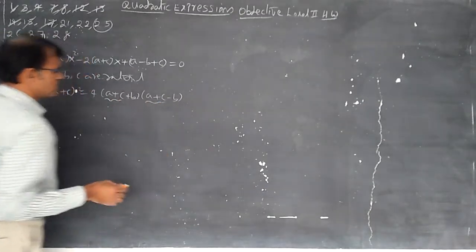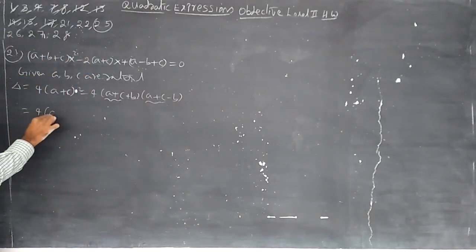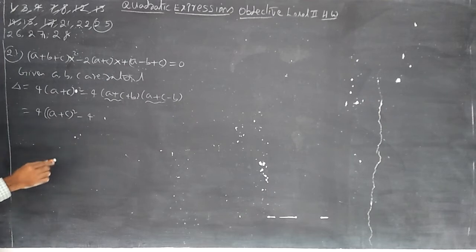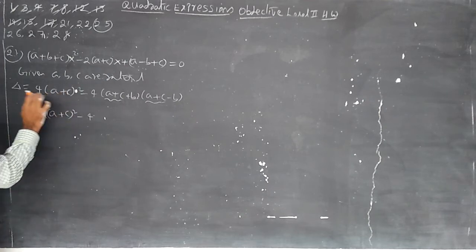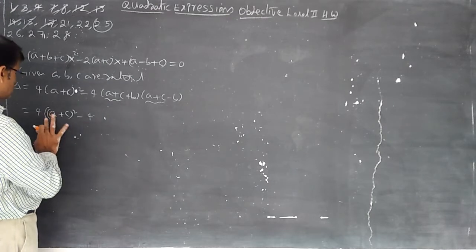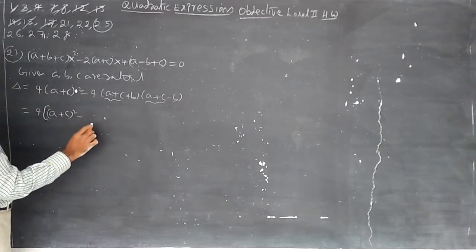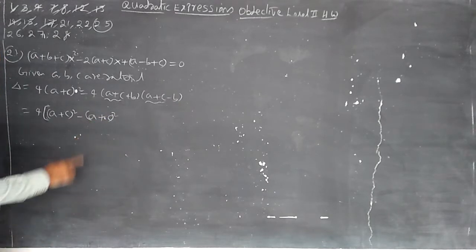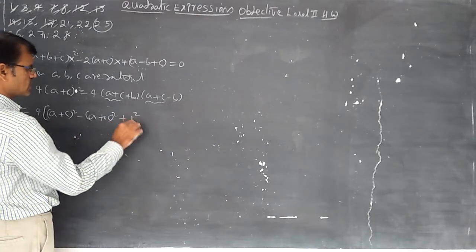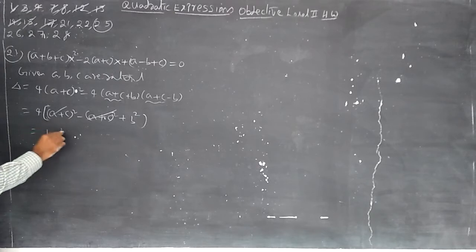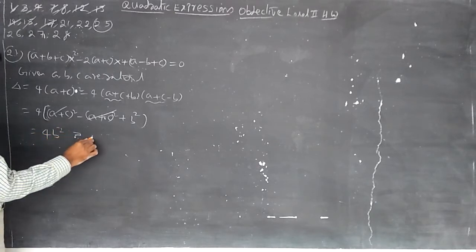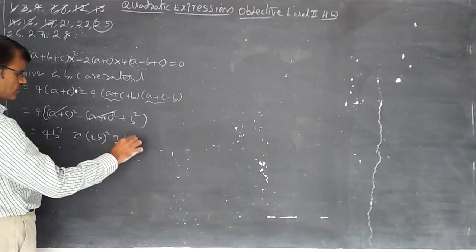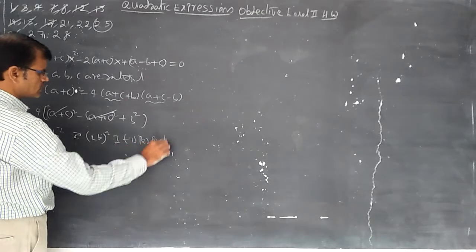We can write (a plus b) into (a minus b) as a square minus b square, so that is equal to 4 into (a plus c) whole square minus 4. Whenever 4 is taken common, we write 4 here. This one we can write as a square minus b square, minus of (a plus c) whole square minus b square. That is equal to 4b square. So it is exactly a perfect square. 2b whole square is a perfect square.